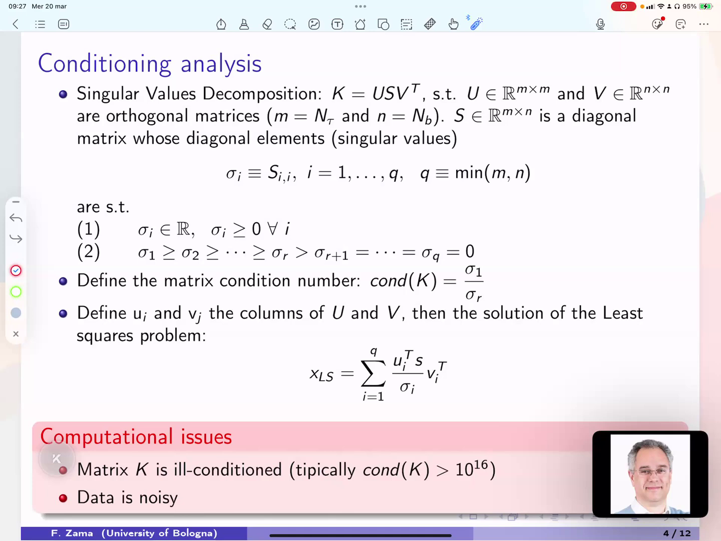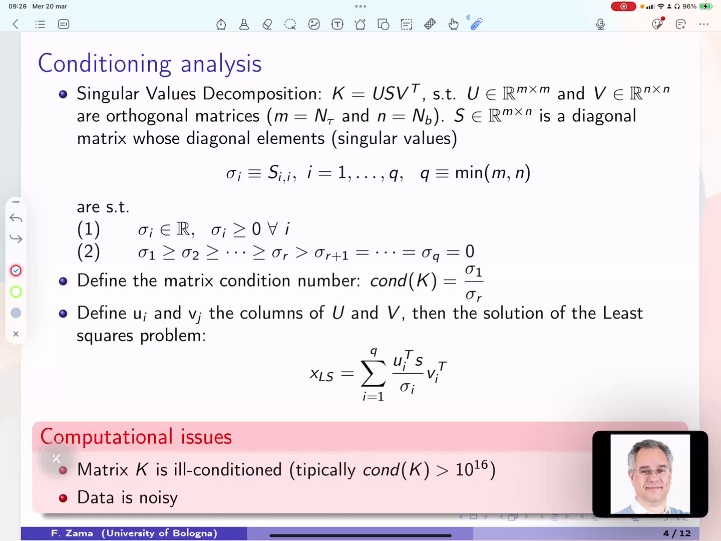Now, when we apply this idea to, for example, the matrix coming from the simple multi-exponential decay of our model, what we obtain is an ill-conditioned matrix. Matrix K is ill-conditioned, and the matrix conditioning is very large. So we have a great ratio between the largest and the smallest singular value. But the reason for this large condition number is that we have a very small value in the smallest singular value. This sigma r is very small, and this gives a characteristic